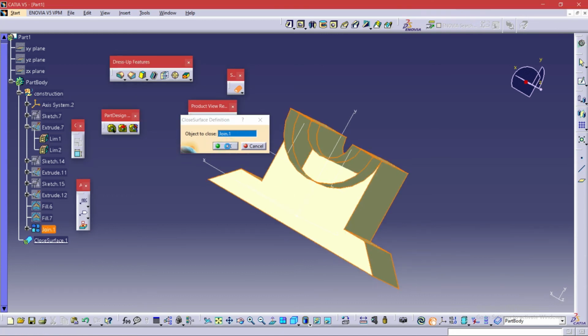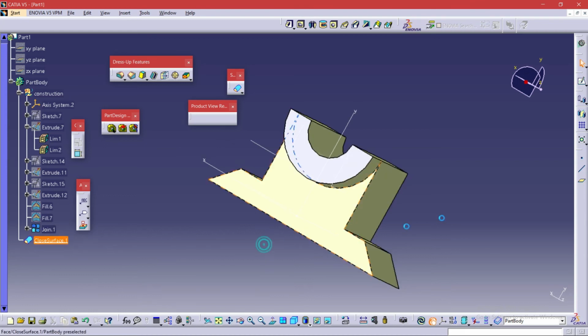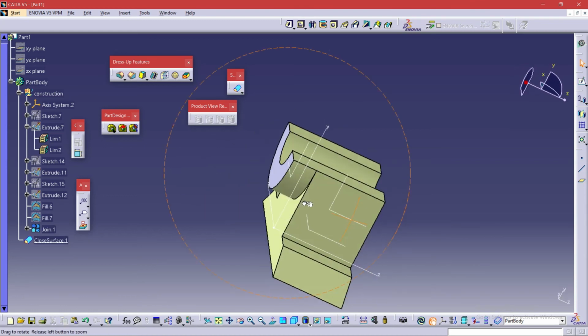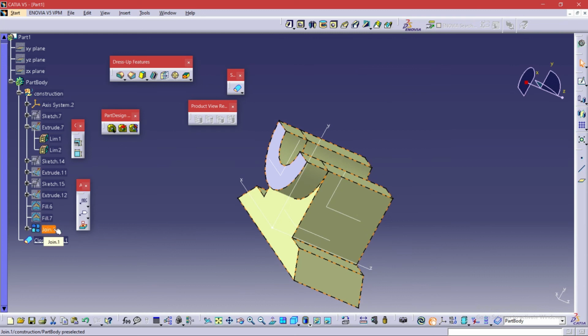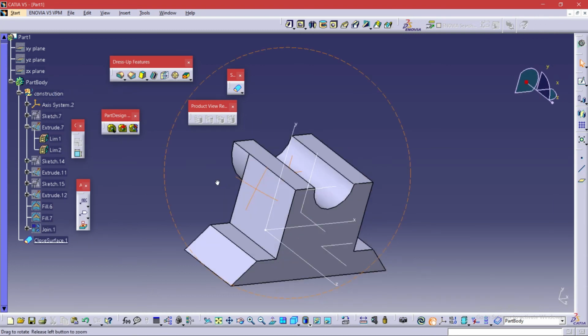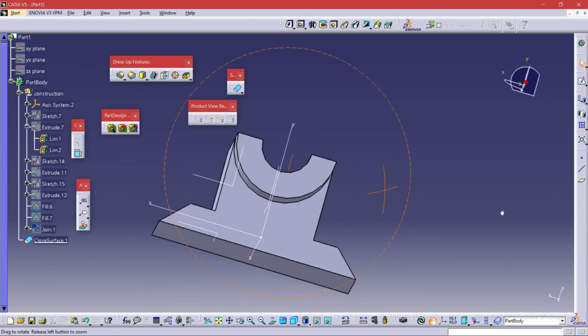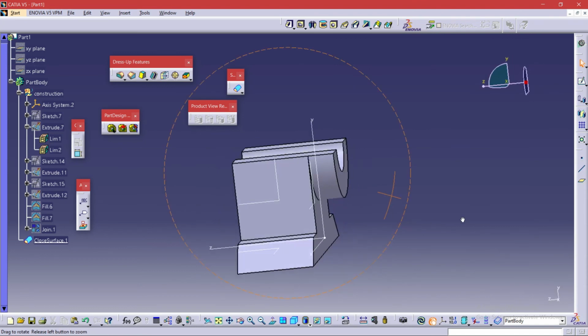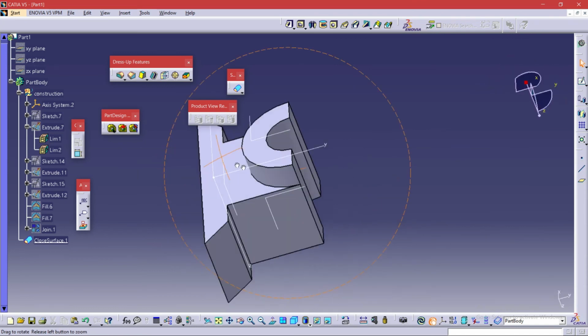Now you can see the surface product has been turned into a part model. This yellow thing that you are seeing is a surface, nothing but a surface. Inside there will be a gray structure, that is the part model. To check whether I told you everything correctly, you can just do the hide and show for this join. This is the perfect thing that we wanted to have at last.